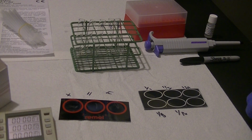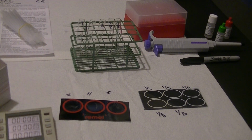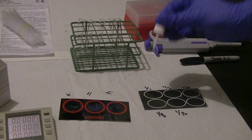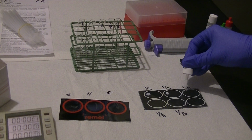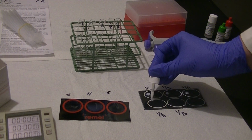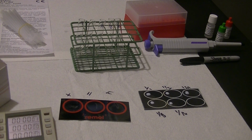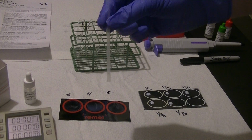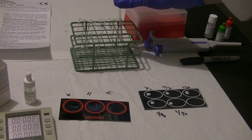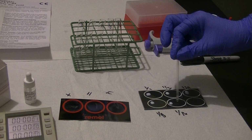Just as we did before with undiluted sample, we're going to add 1 drop of well-mixed latex reagent to each of the circles, of course placing it at the side of the circle, not in the very center, so that there's room to add our patient sample in the next step. Then I'm going to use a separate dispenser for each dilution. I'm going to take some patient sample out of the tube and add it to the reaction circle,